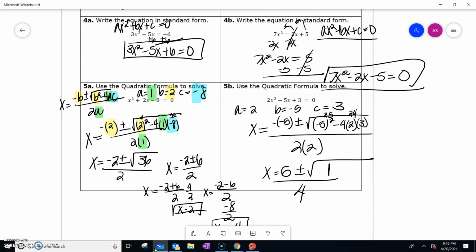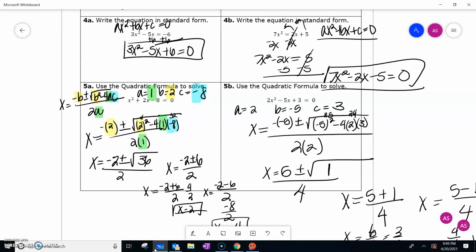Okay, then from here, let's go ahead and clean this up. So I have x equals 5. Our square root of 1 is just 1. So I'm going to have 1 with 5 plus 1 over 4. And then I'm going to have another one with 5 minus 1 over 4. So here, we're going to have 6 over 4, which is 3 over 2. And then I have 4 over 4, which is x equals 1. Sorry I rushed through that, but I wanted to